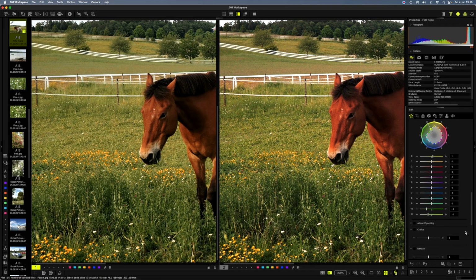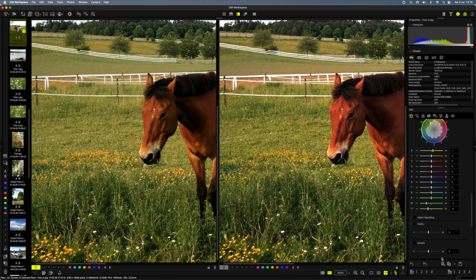Somebody asked a question in one of the videos: how do I save this as a sort of permanent profile? We have two options or three options. We have the clipboard. So if I press the clipboard, then my immediate settings here are saved. But when I go out of workspace, if I close it, then the clipboard settings are lost, obviously.